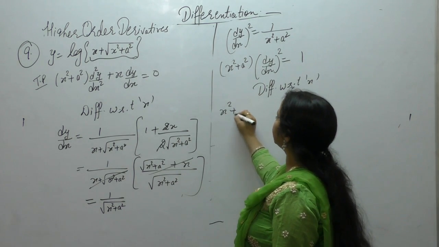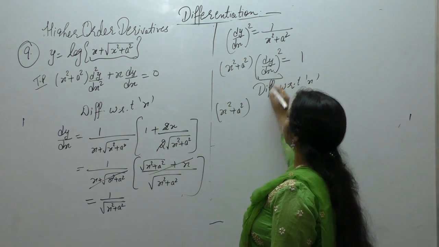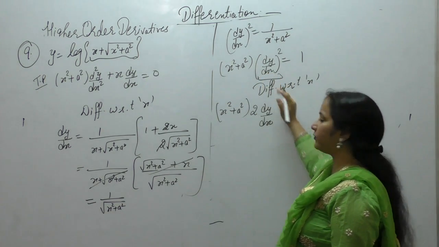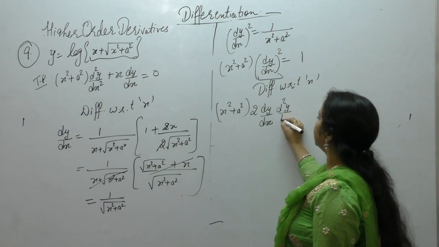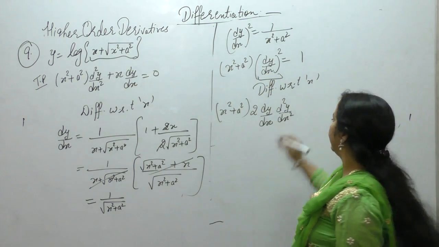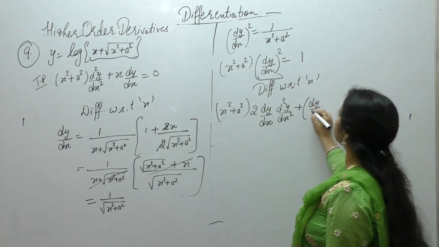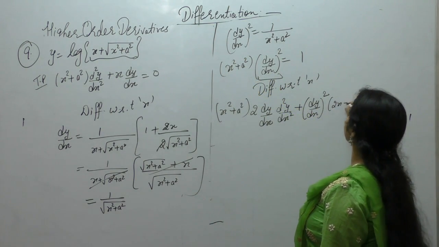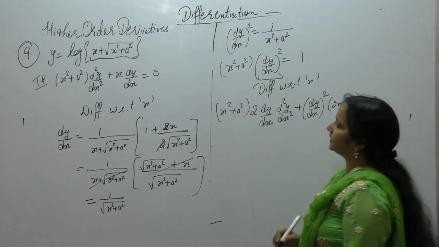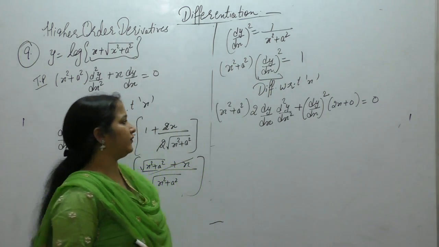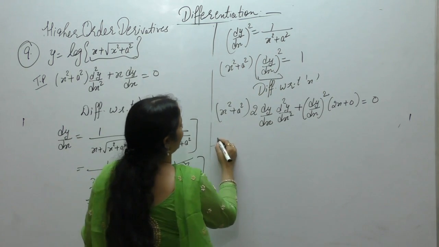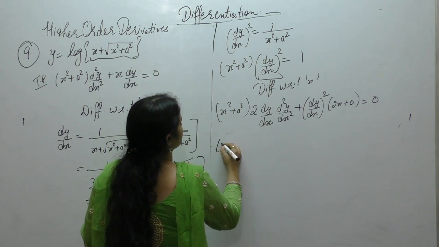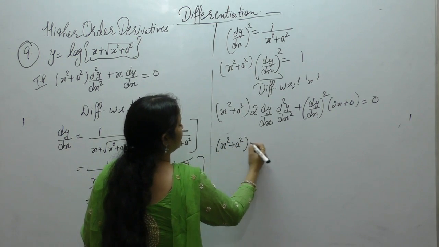First function as it is, derivative of second 2 dy upon dx, then derivative of dy upon dx, clear, plus second function as it is, derivative of x square is 2x, a square is 0, here we have a constant term, so derivative of that will be 0. So here we are left with, taking 2 common, 2 will cancel, so x square plus a square